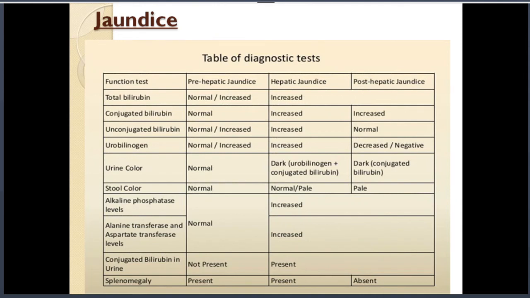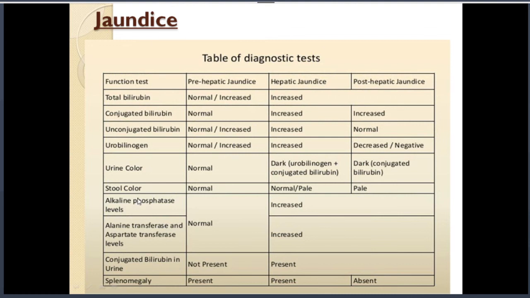Then in post-hepatic jaundice, the conjugated bilirubin level will increase in the serum, blood. Because there's nothing wrong with the RBC destruction, there's nothing wrong with the liver, so whatever bilirubin is being produced can be easily converted by the hepatocytes into conjugated form. But it will not pass, it will not be excreted out, so it will be reabsorbed in the blood through systemic circulation, and the level of conjugated bilirubin will increase in the serum. So all these effects we discussed earlier are due to the presence of all this bilirubin in the blood serum.